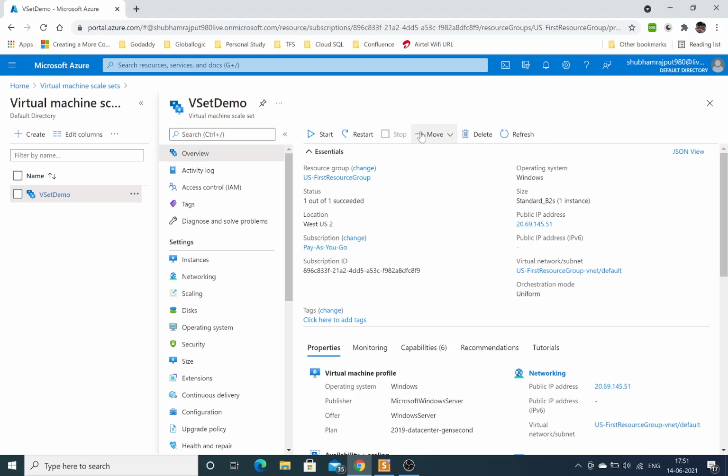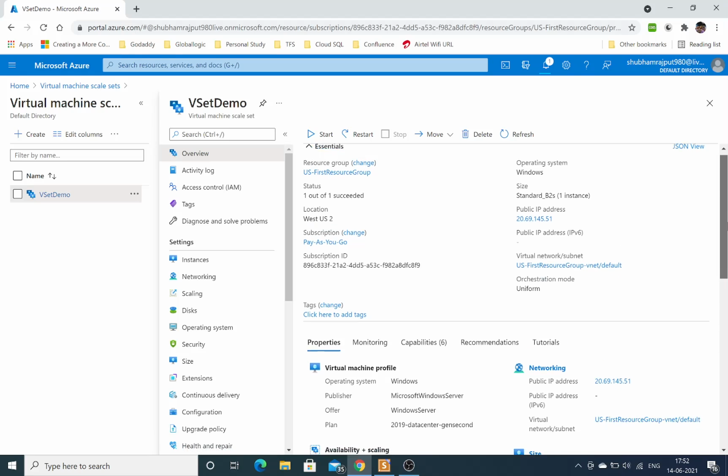Basically these are options for refreshing, deleting, and moving this machine from one subscription to another. These are the basic information: resource group, operating system, sizing, public IP, subscription, and subnet information.